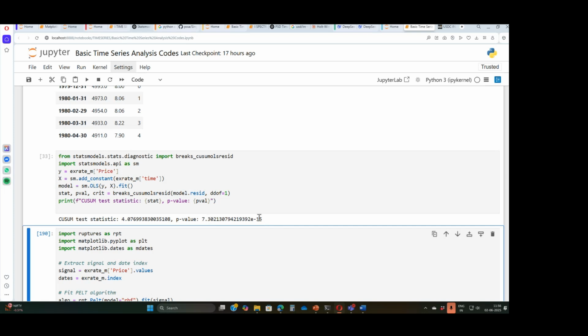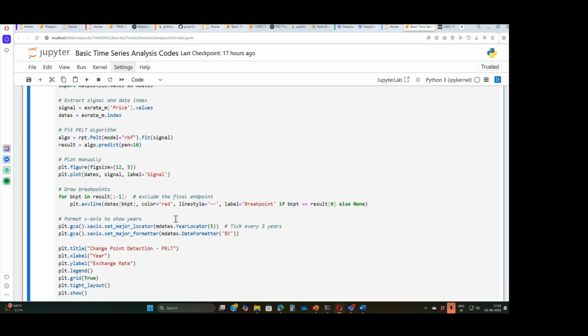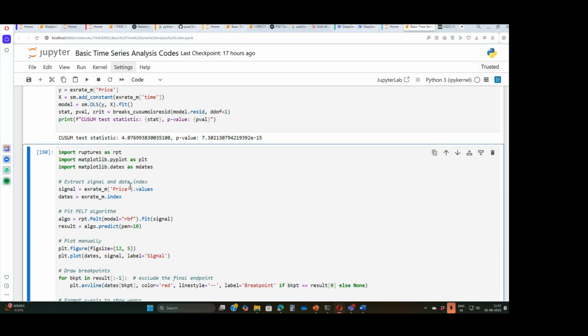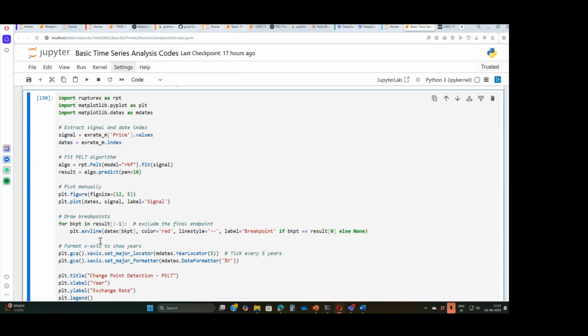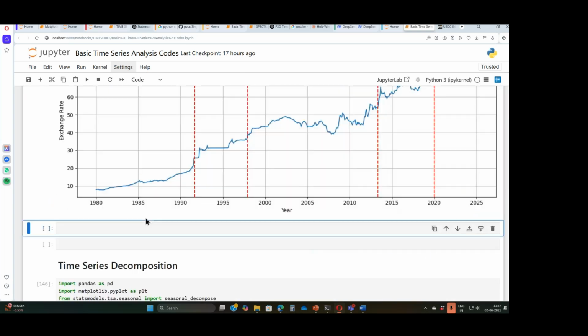So there are two distinct groups in the data. We're not really interested in two distinct groups. We want more than that. So here we use the next test, which does a breakpoint. We are using change point detection using PELT. So these are the codes. It takes a signal from this. And this you can get directly from ChatGPT. I'm going to focus only on the interpretation and then I just run it.